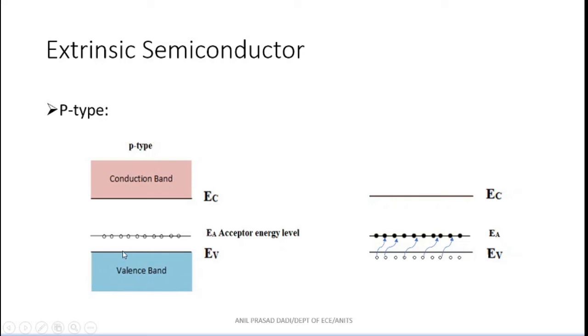So when there is a possibility of holes being available in the valence band, meaning when your valence electrons in the valence band occupy the holes in the acceptor energy level, then holes are going to be created. And the energy available at room temperature is more than sufficient. So adding trivalent impurities to your intrinsic semiconductor is going to provide as many holes as you require, but you have to add that many dopant atoms. Is this understood? Yes or no? Yes, sir.